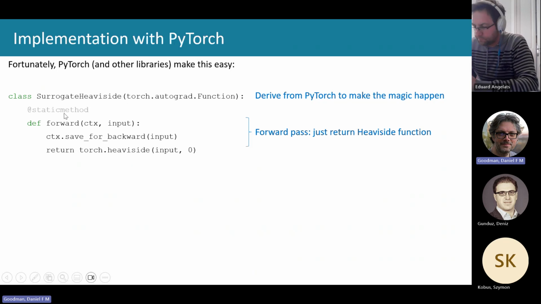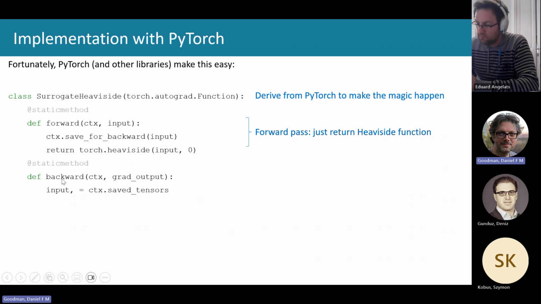So there's a forward method, and the forward method is basically what happens when you are computing on the forward pass of these iterations. And for that, we just use the standard built-in Heaviside, right? We don't do anything special in the forward pass. But this is the neat thing about PyTorch, is that it lets you also override specifically just the backward pass of this function. Right? Give a different